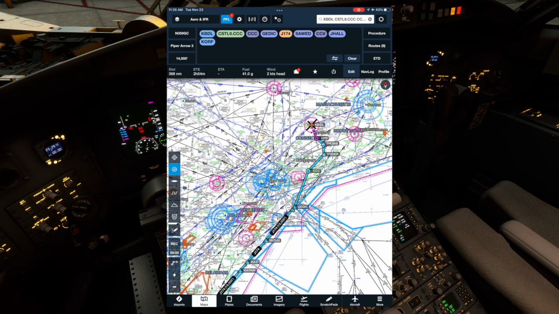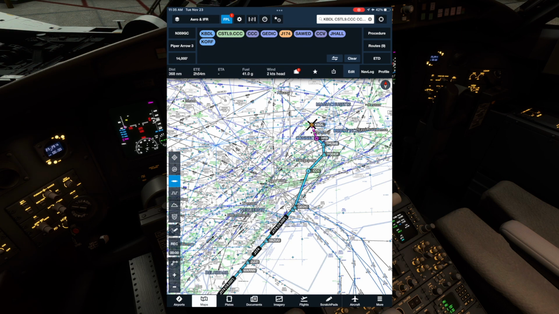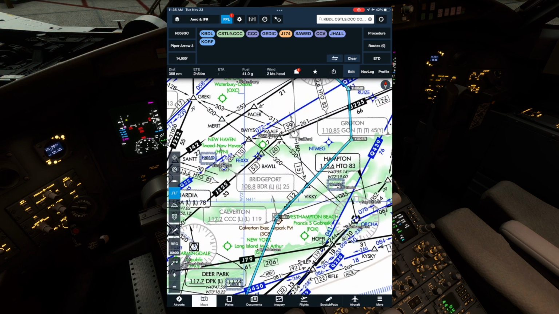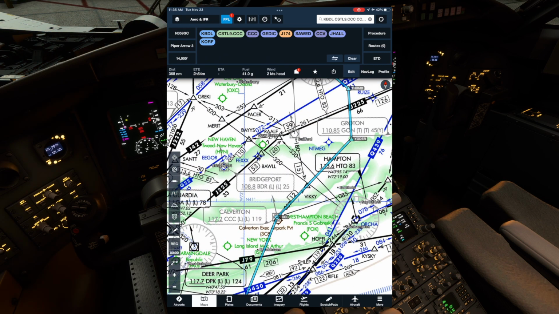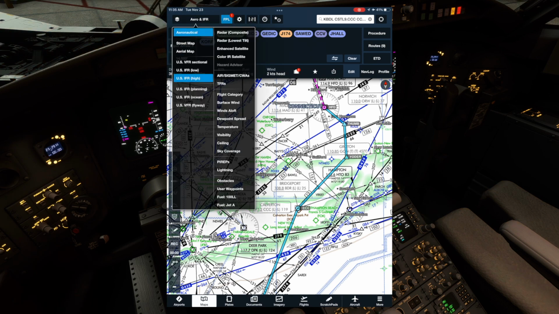As we back out, you see I can overlay things like airspaces, airports, navaids. A little hard to see. I have to zoom in for these. These are the center frequencies, the little postage stamps. So super easy to use. You can do VFR,